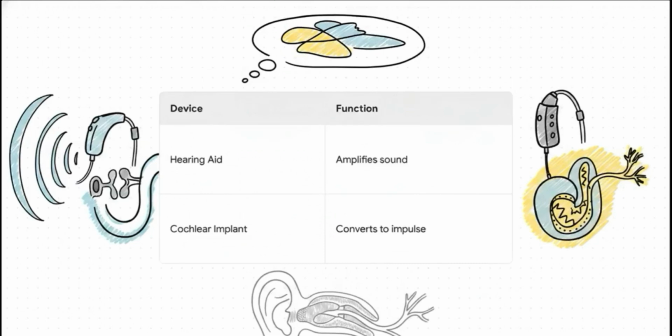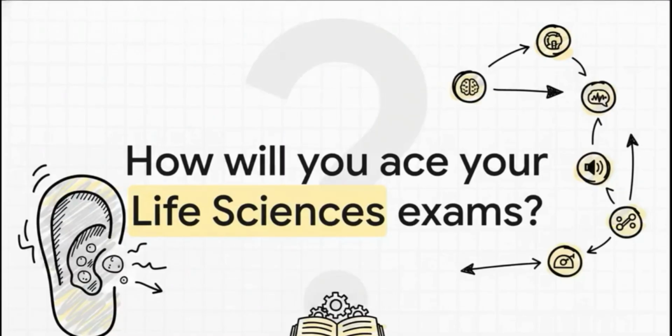A cochlear implant, however, is more like an artificial organ of Corti. It receives sound vibrations and converts them directly into electrical impulses that are wired straight into the auditory nerve. It completely bypasses the damaged mechanical parts of the ear. It's a total bypass. From cartilage funnels to tiny calcium stones keeping you grounded, the human ear is just an